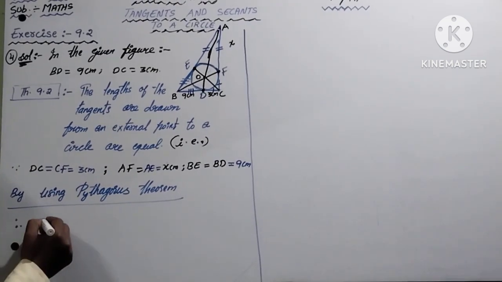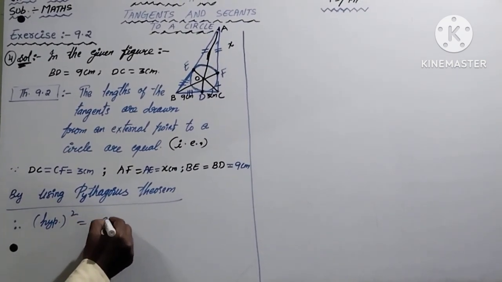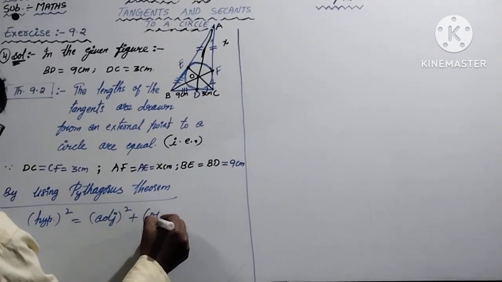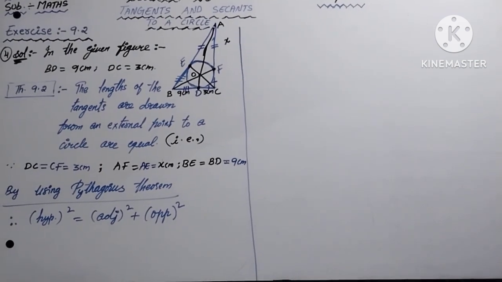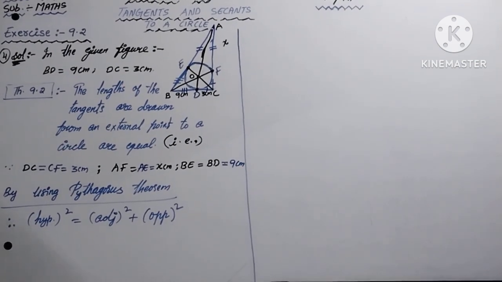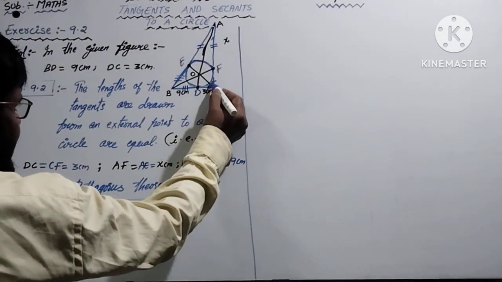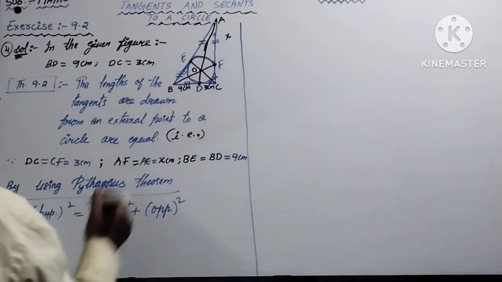Formula is hypotenuse square is equals to opposite square plus adjacent square, or adjacent square plus opposite square. Then hypotenuse side. So take this as a right angle triangle. C is a right angle. Then hypotenuse, what having here?